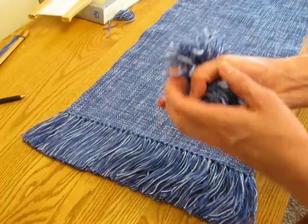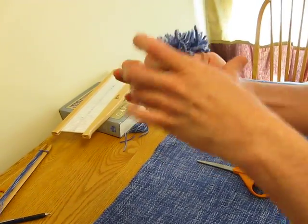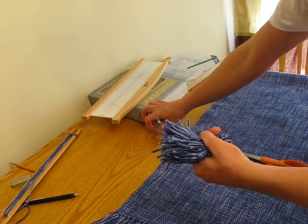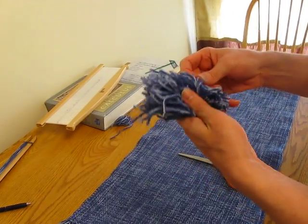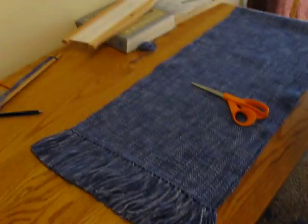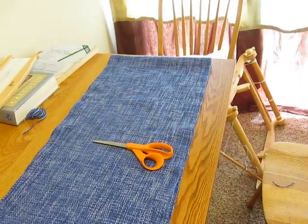Once again, a lot of exercise. Sometimes you can even make these into little pom-poms if you like. You take a central string and tie it around if you want to do that. So it's something to do with these, but I don't have a string right now that I could do that with, but you could. But anyway. Alright, so